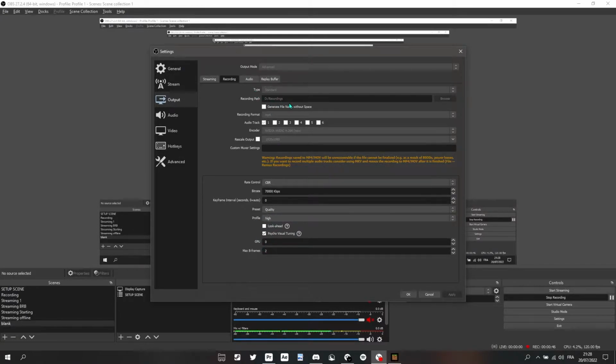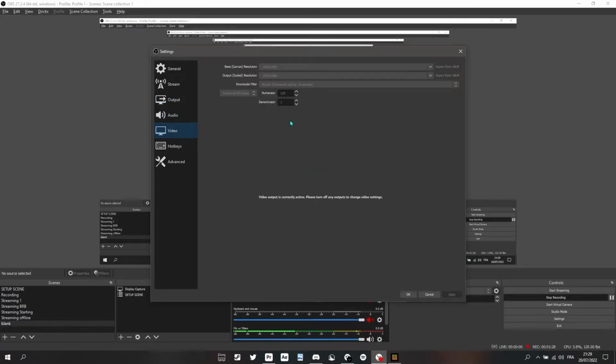You can set your recording path here. And then the video settings. I recommend using a higher resolution than what you're exporting it. So if you are exporting on 1080p, I recommend 1440p. I understand that some people don't have a high resolution monitor. In that case, I recommend using a TV to get higher res, or if you have an NVIDIA graphics card, you